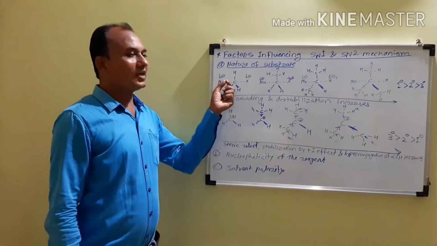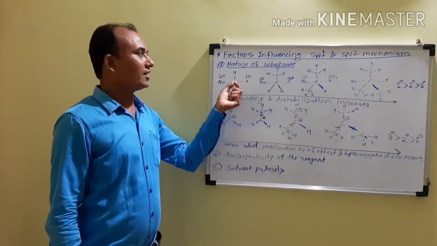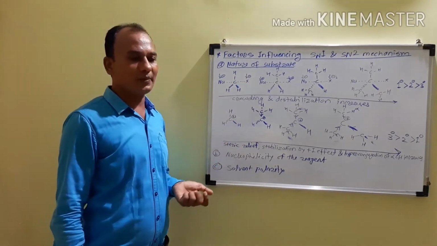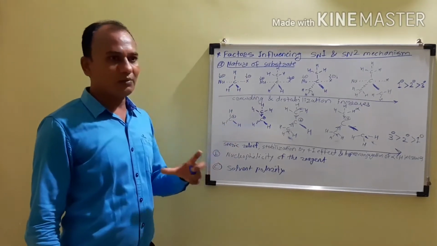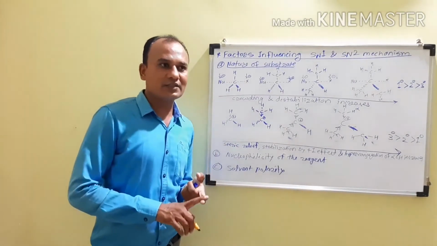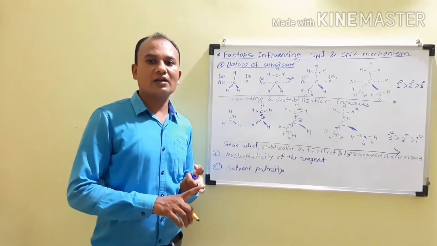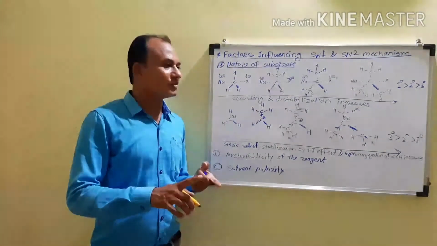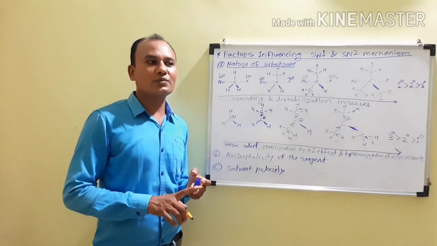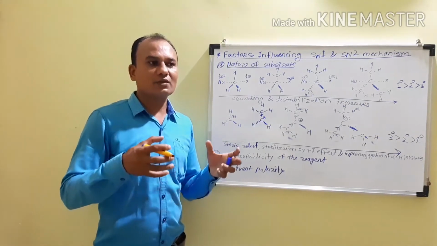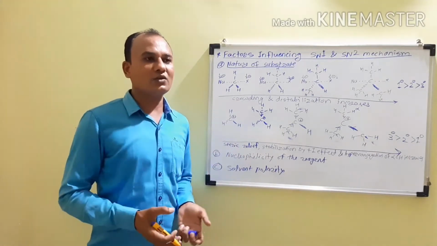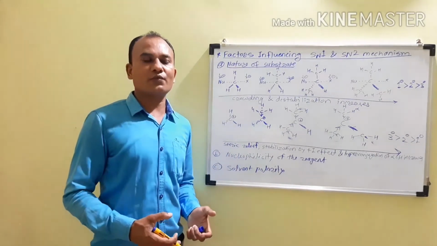So generally the primary alkyl halides favor the SN2 mechanism and tertiary alkyl halides favor the SN1 mechanism. Now, when we are using a secondary alkyl halide as the substrate, both types of mechanism are possible, that is SN1 or SN2, or sometimes we get a mixed mechanism, that is SN1 and SN2. These depend on the conditions and what type of substrate we are using.